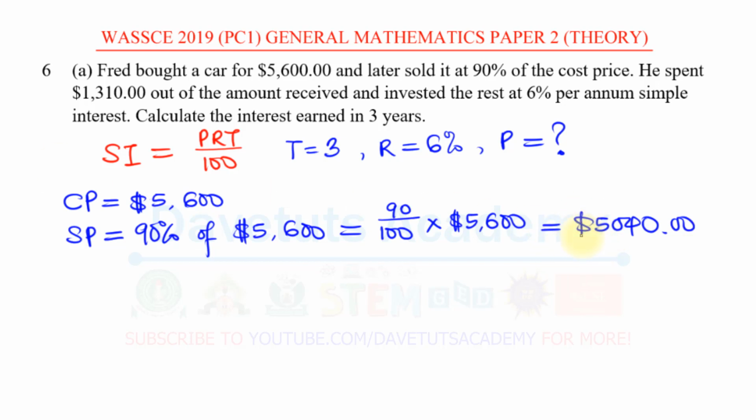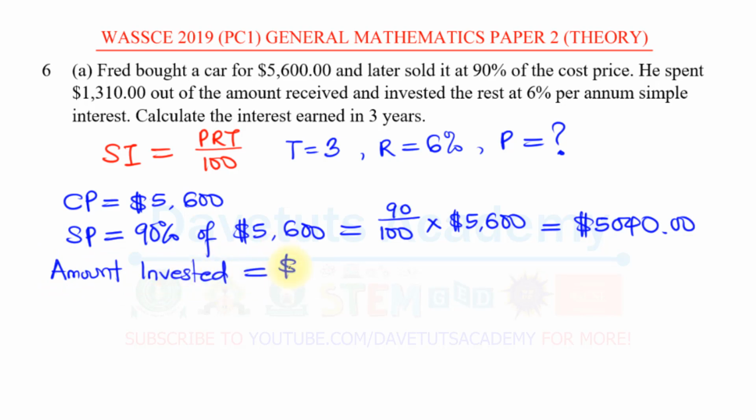All right. So now we are further told that out of the money that he got for the sale of the car, he spent $1,310. He just spent it and just, of course, enjoyed himself a bit. So we should be able to now know the amount that he is able to invest. So the amount invested, which is a capital,